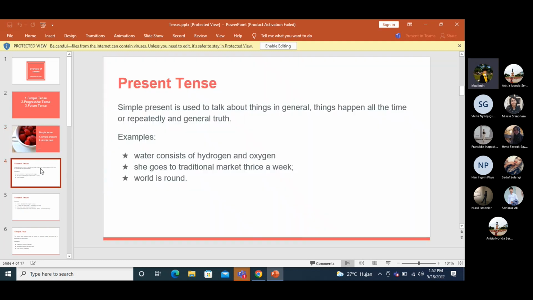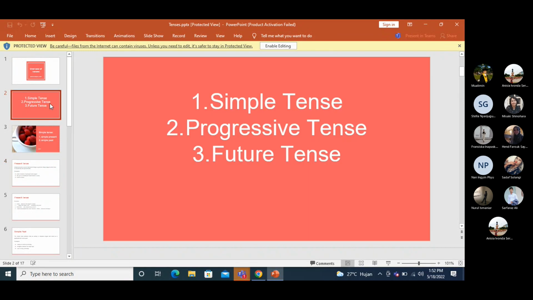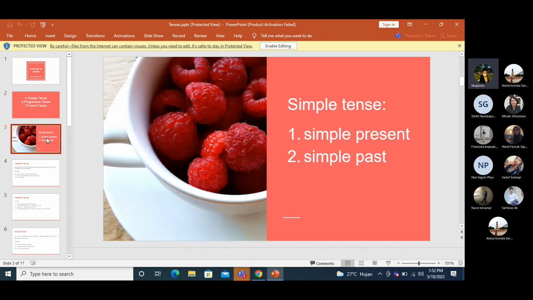Or you may use simple present tense, because in the first one here you use simple tense. So simple present, and then simple past tense.